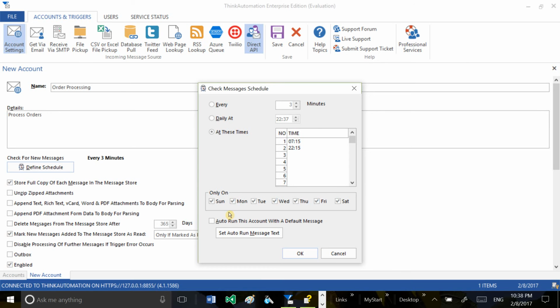That's just for example. I can select which days I want to execute the triggers on. Here every day is selected. I could uncheck Saturday and Sunday,